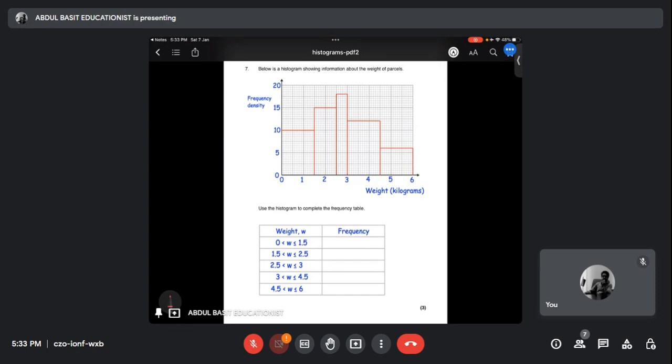Histogram is already made. Ramsha, we can see that already. The histogram below shows information about the weight of the parcels. So use the histogram to complete the frequency table. We have frequency density, but we don't have the frequency. We have to use the formula: FD is equal to frequency divided by class interval multiplied by k, and none of the frequency is